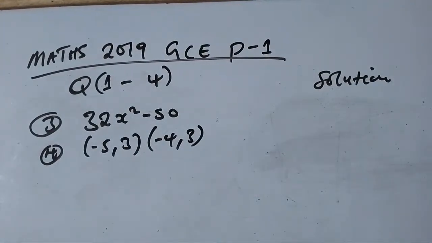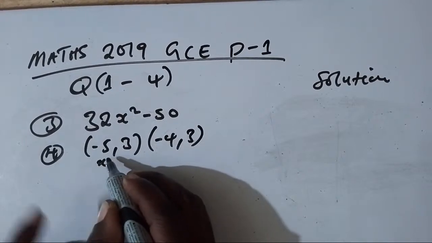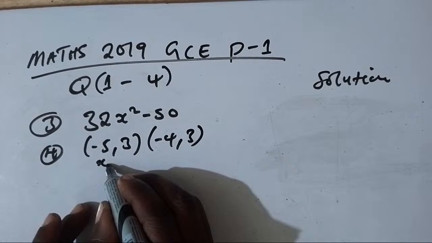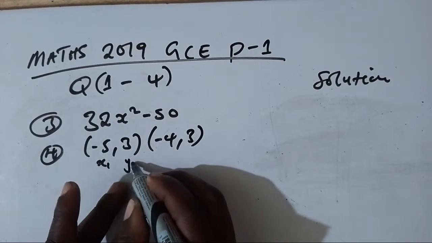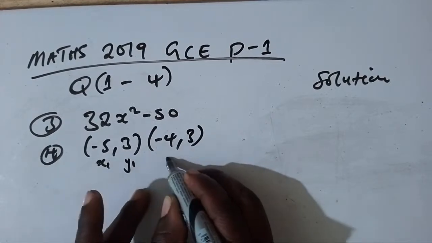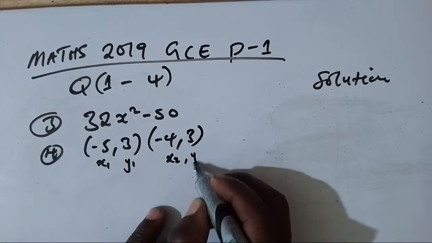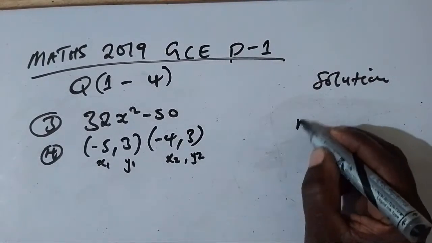So the most important thing, you have to mark these numbers: the first number is represented by x, so it will be x1. The second is y1. Then this one will be x2, y2. Then the formula for the gradient is m equals